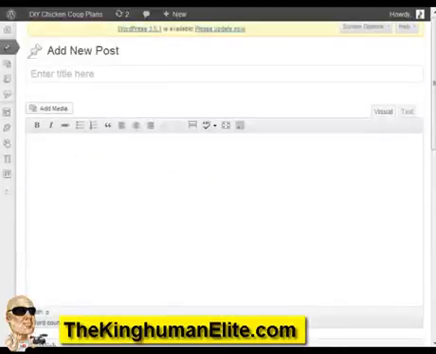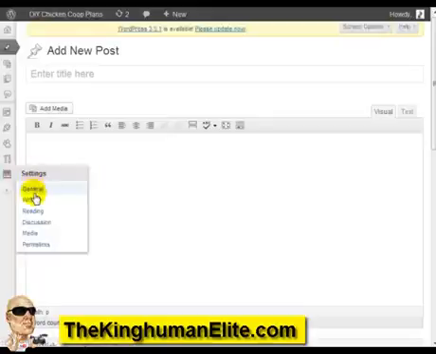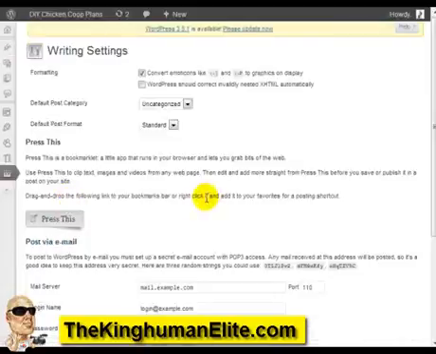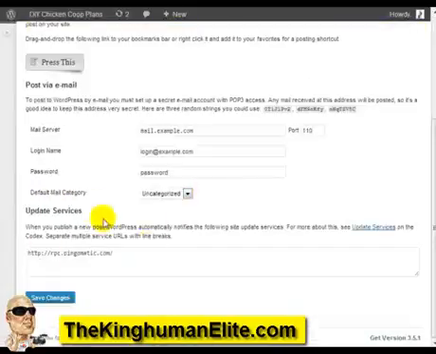And additionally to this, another thing you can do is go under settings and writing, and at the very bottom here you're going to see update services. Basically, you want to put these WordPress ping URLs here. You can find that simply by going to google.com